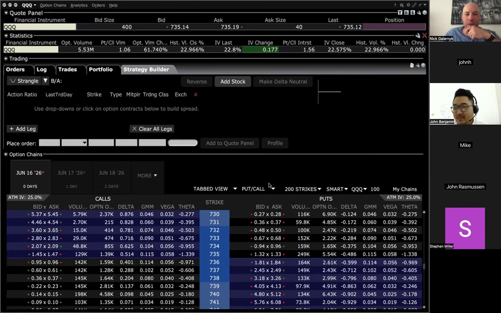Yep, looks like Fidelity. Chris asked, Nick, if you do the fly on any American style option, you just want to make sure you close it up before expiration, correct? Yes. Very, very good question there, Chris. If you're opening a butterfly position and you're holding it toward expiration, you want to be sure you close it out, because if you don't close it out, what will happen is that assuming you have the capital in your